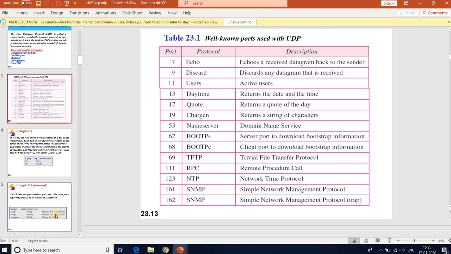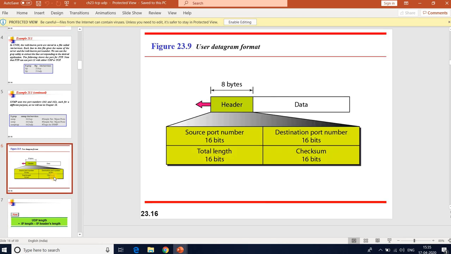Coming to the user datagram format, the UDP header has the source port number, destination port number, length, and checksum. The source port number is used by the process running on the source host.